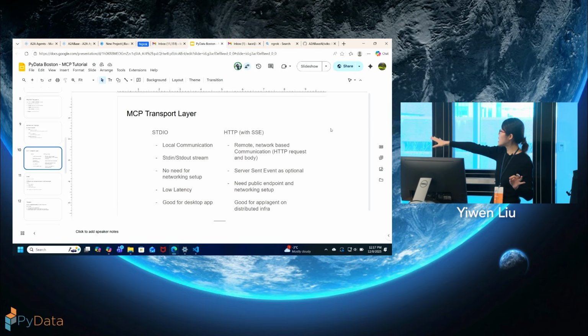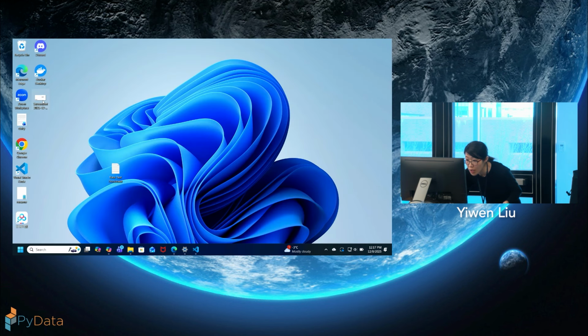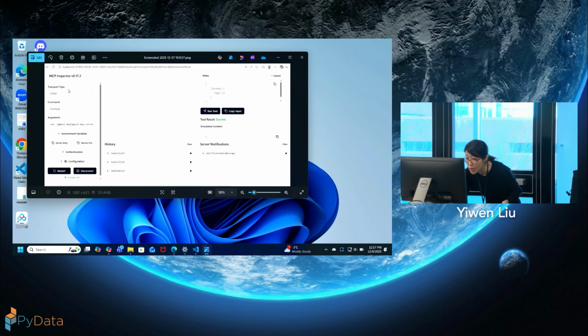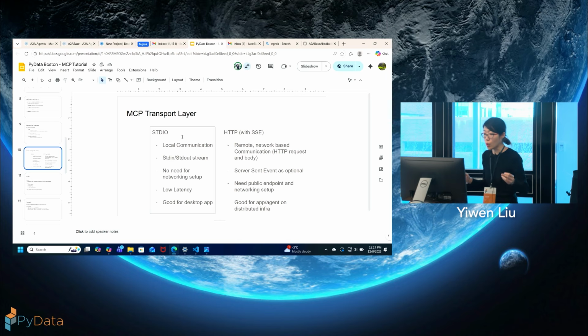One is the stdin and stdout method. That is close to what Chuxin showed you. If you remember, the inspector, I took the screenshot earlier, is stdin, stdout. That is more like local communication, supported by your operating system through the stdin, stdout streams.